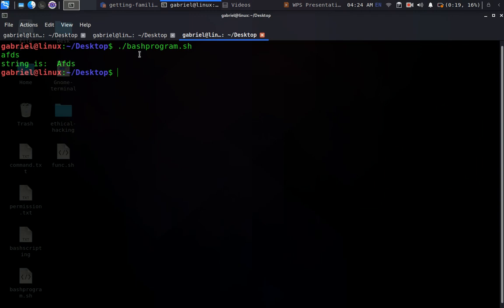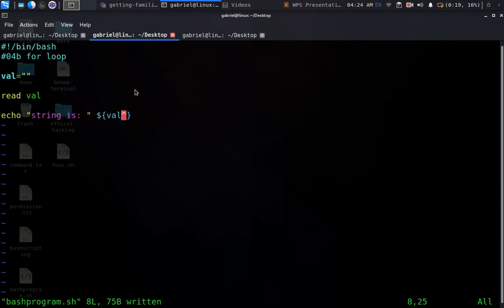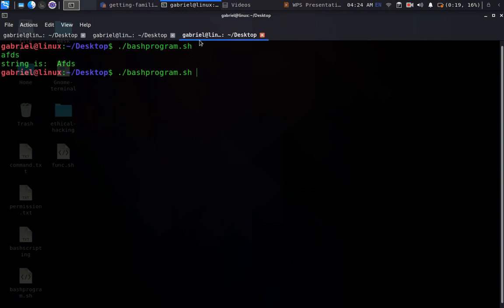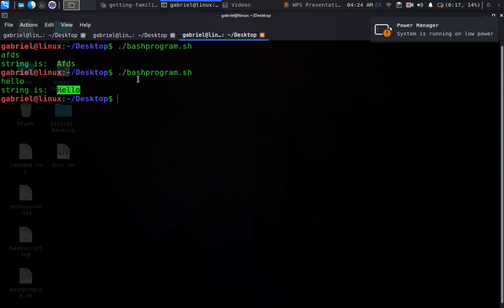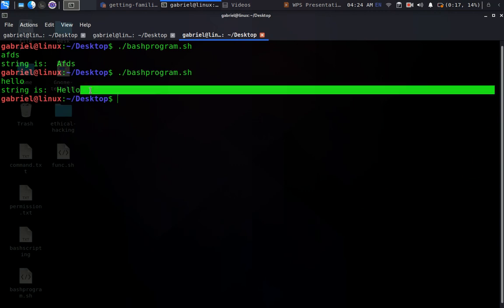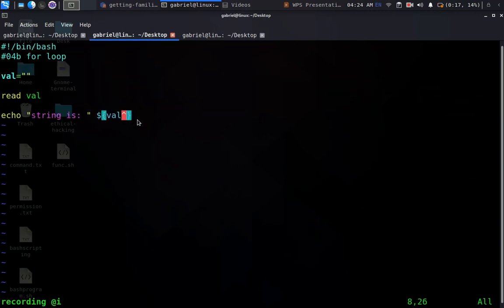String is AFS. Okay, it actually works. What I'm trying to do is that, naturally we wrote this in small letter. If you notice, we say hello, so we wrote it in small letter, and when we execute it, you can see it turned this into something more or less of uppercase, or capital letter. So if we try to turn it to uppercase,